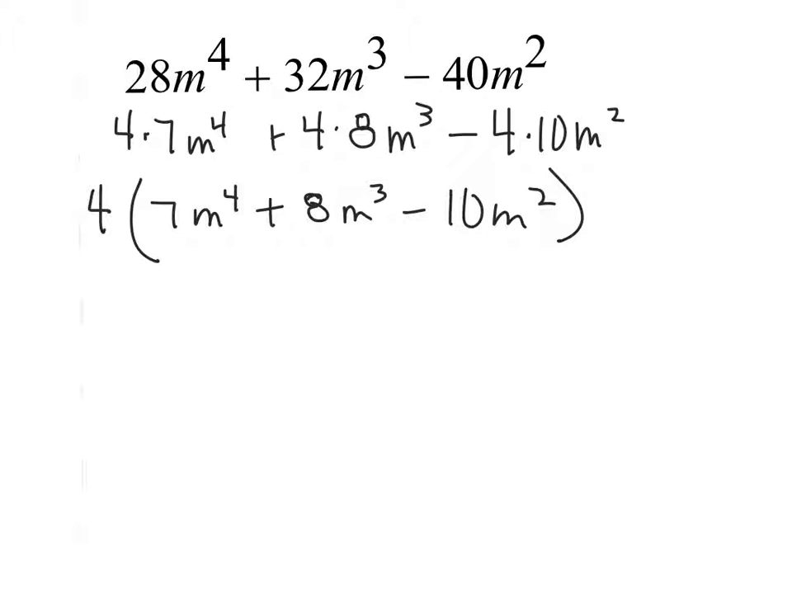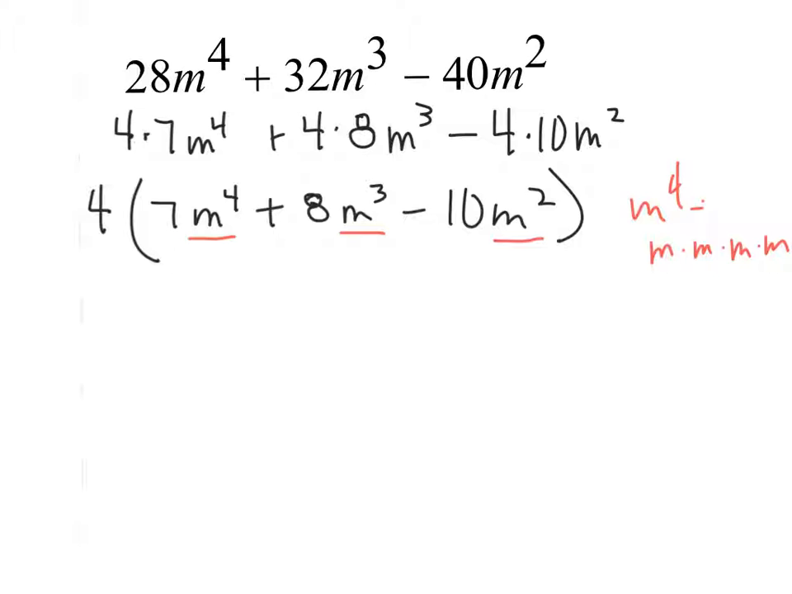Okay, and now we need to look at the variable part. So you should recognize that in the variables, we can split the variables because m to the 4th is just m times m times m times m. So this one has 4 m's multiplied together, this has 3 m's multiplied together, then this one has 2 m's multiplied together. So knowing that each one of these terms has an m squared in it, we can factor out the m